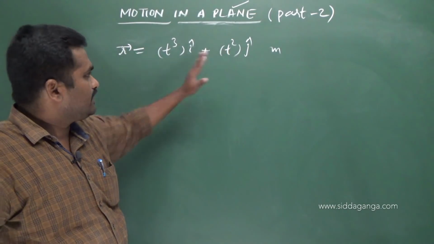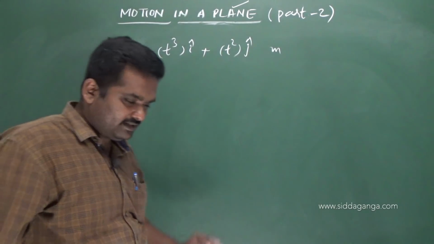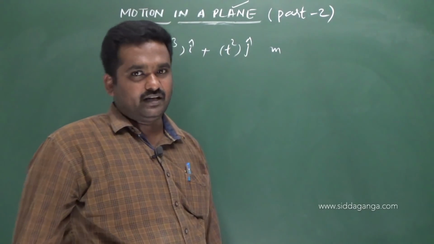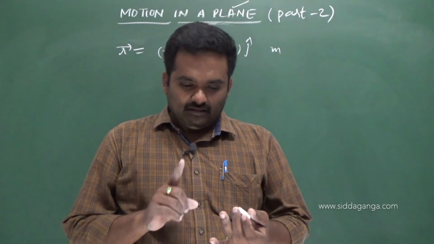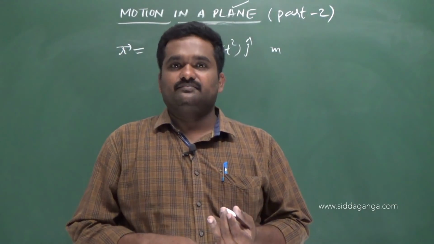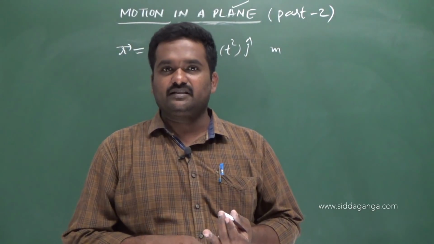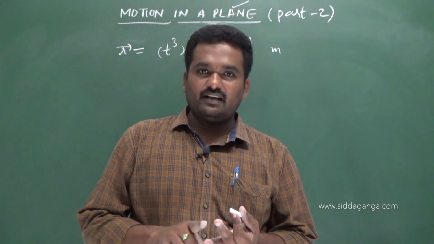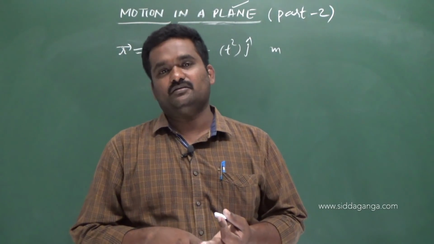But in that case, if the displacement or position vector of a particle keeps on changing with respect to time, then how do we find the x component of its velocity? How will the Vx value be? Vx value will be equal to what? Vy value will be equal to how much? Or Ax and Ay values will be equal to how much? We have to solve for it.